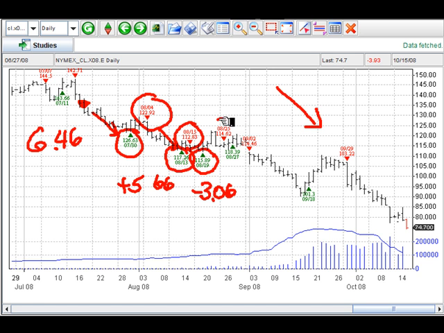We get short again on August 25th at 114.62. We get stopped out again, a little frustrating, at 118.39. That produced a loss here of $3.77. Now then we get short on September 2nd at